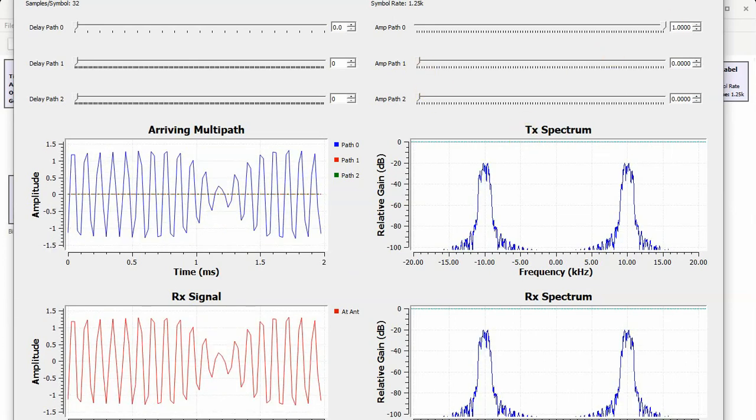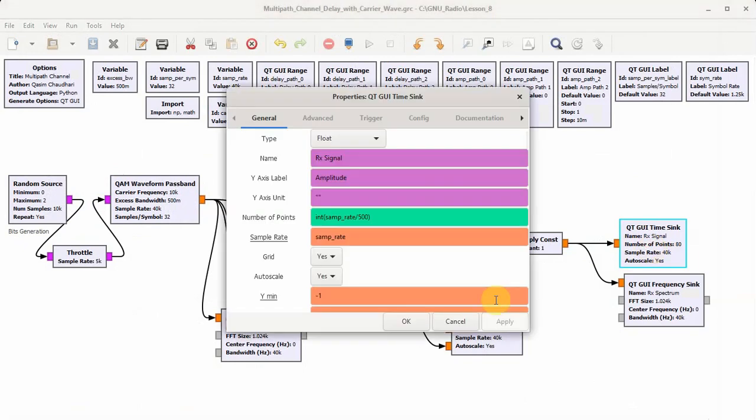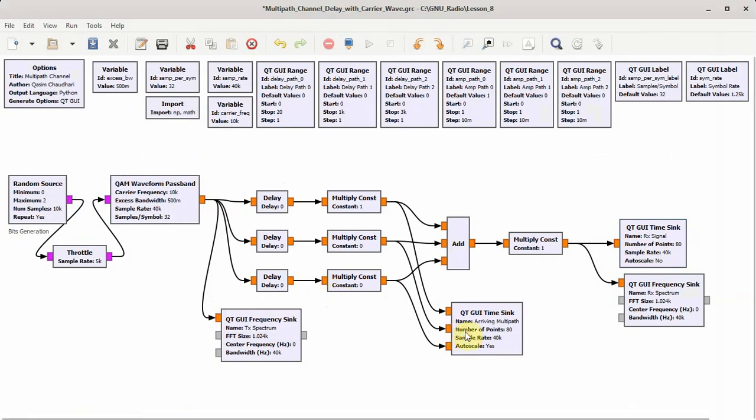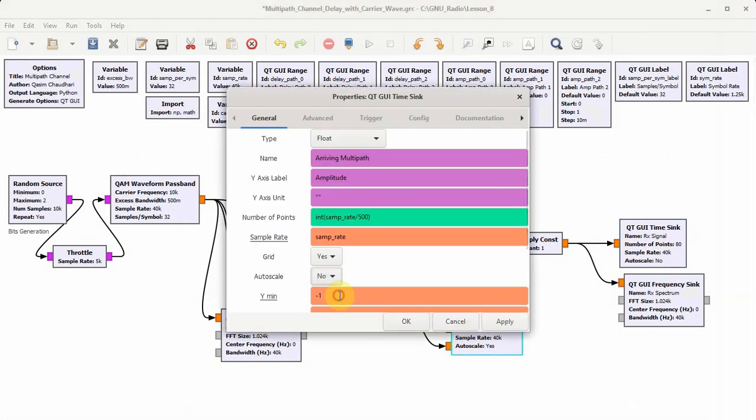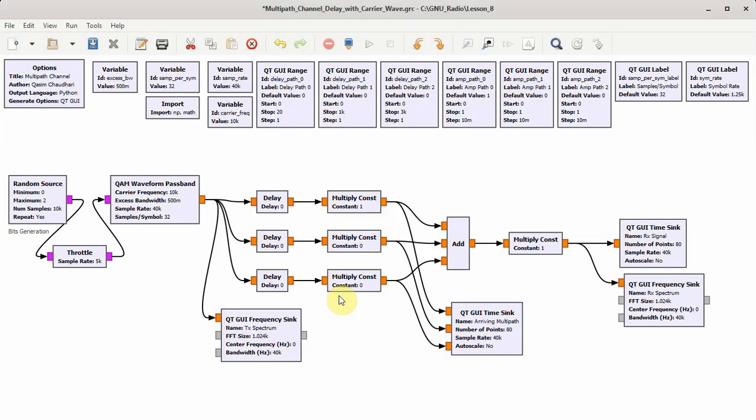Let us go back now and study the effect of this carrier wave. For this purpose, I remove the auto scale option in both oscilloscopes. Have a look at the carrier frequency. This is 10,000 Hertz, which implies that one cycle of this carrier frequency gets completed in 1 over 10K, which is 0.1 millisecond. 0.1 millisecond in terms of the sample rate 40K turns out to be 0.1 times 40, which